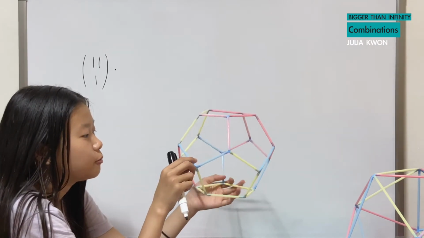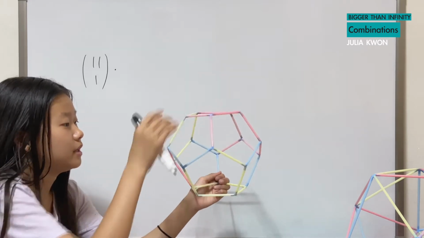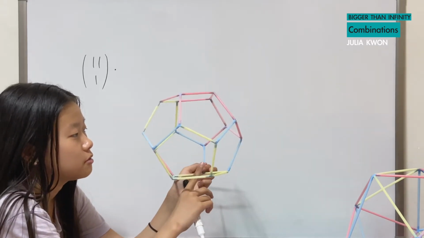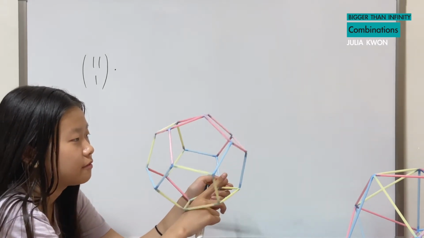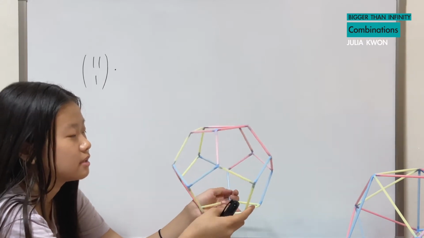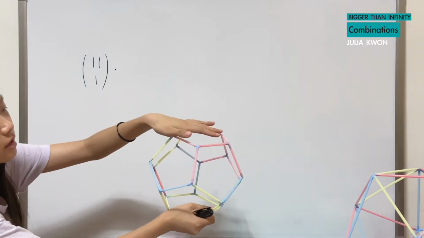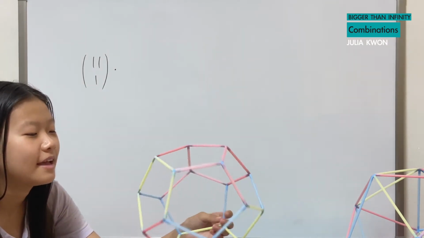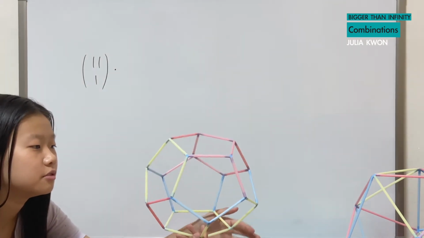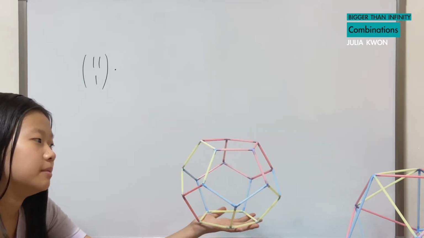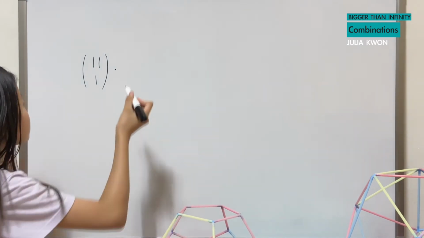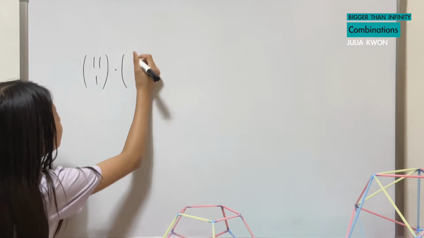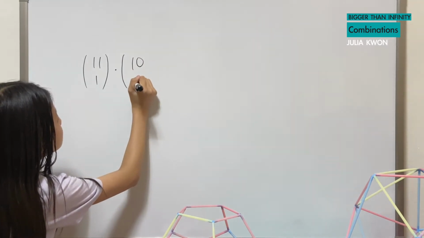And since we randomly chose the top and bottom parts, we're also going to have to choose 5 from the 10 left, because the top and the bottom weren't already chosen. So we still have to choose the 5 from the remaining 10. So we have multiplied by 10 choose 5,